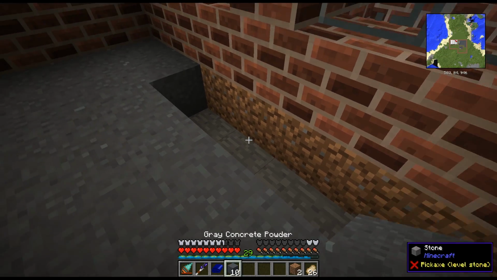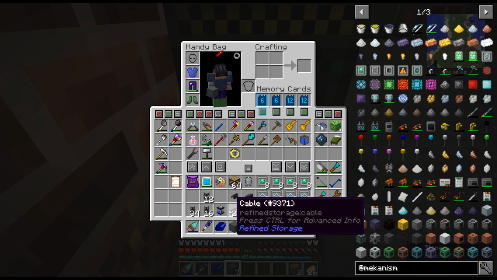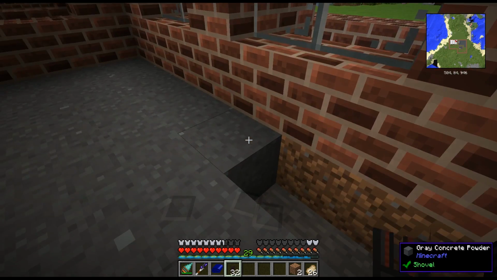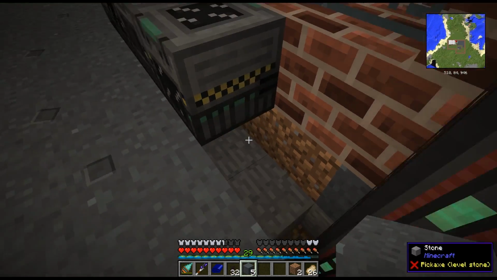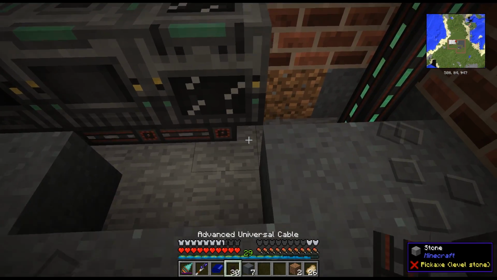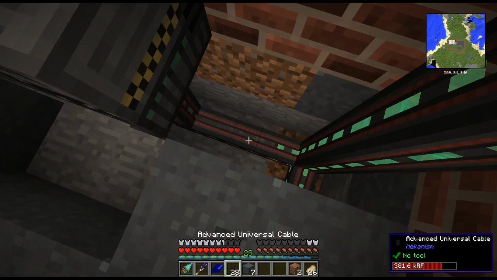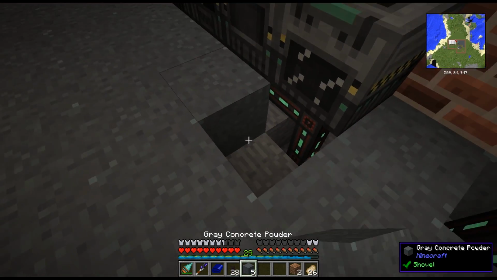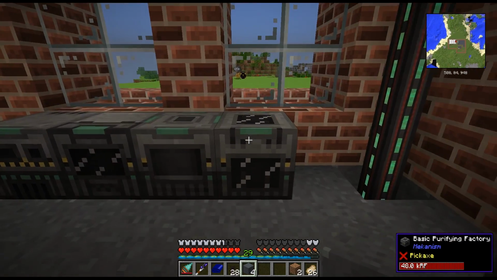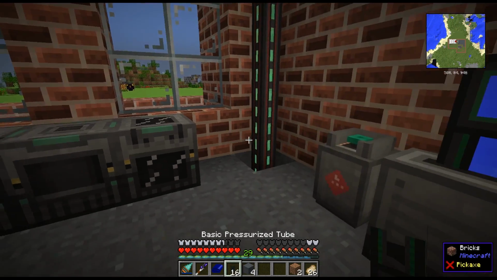I don't think I need pipes in between these. Okay, so let's fill this up again. Let's get some cables down there first. Middle mouse click. I keep forgetting about that. Okay, I can't reach that. Okay, and then here we go down so we can cover this up. Alright, good. I want to see that stuff less. And now I'm hoping that the pressurized tube...